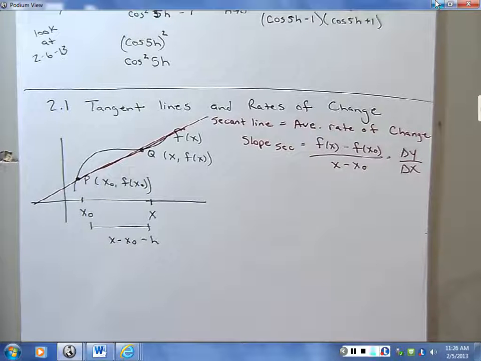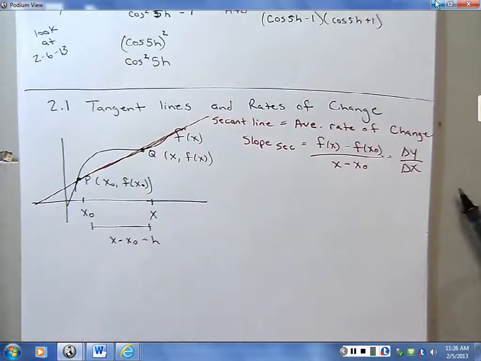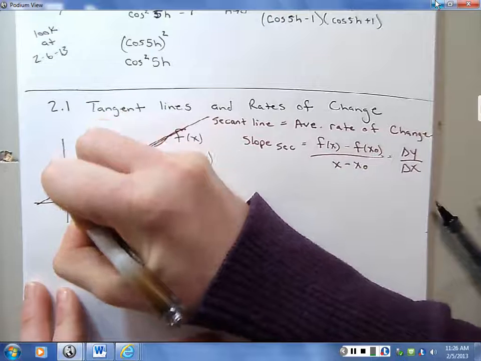Where the calculus comes in is the instantaneous rate of change. So at one instant in time, what's the rate of change? And that's known as the equation of the tangent line. So let's see if I get it. If I look at point P here,